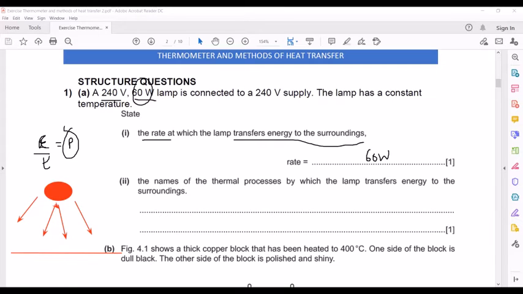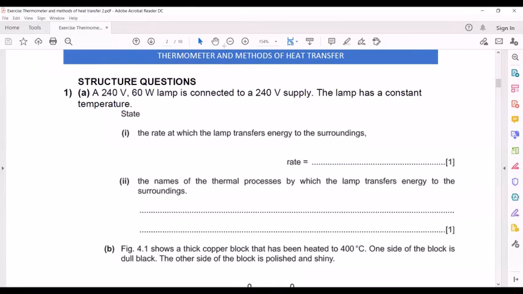For conduction and convection, if you are touching a lamp, then you can mention conduction. For example, if I ask why the other answers are accepted, what is the main way energy is transferred? It is by radiation. Conduction, for example, if I touch the lamp, then I will say conduction. If I place my hand above the lamp, then it is convection. But the main source is radiation.